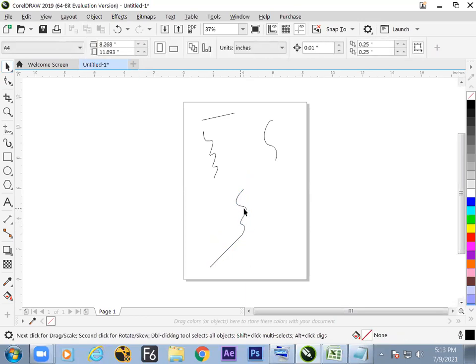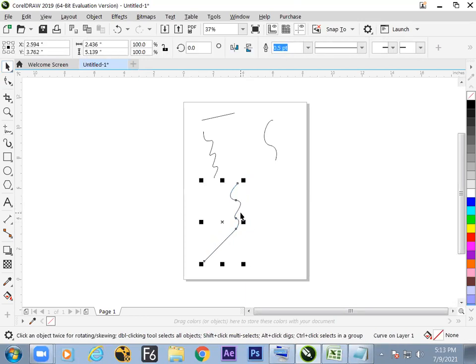And we got to know a special thing in the last session: how to duplicate an object in CorelDRAW. The fastest method is what? What is the keyboard shortcut to make a duplicate in Corel? Yes, very nice, Vidya. Which plus button?